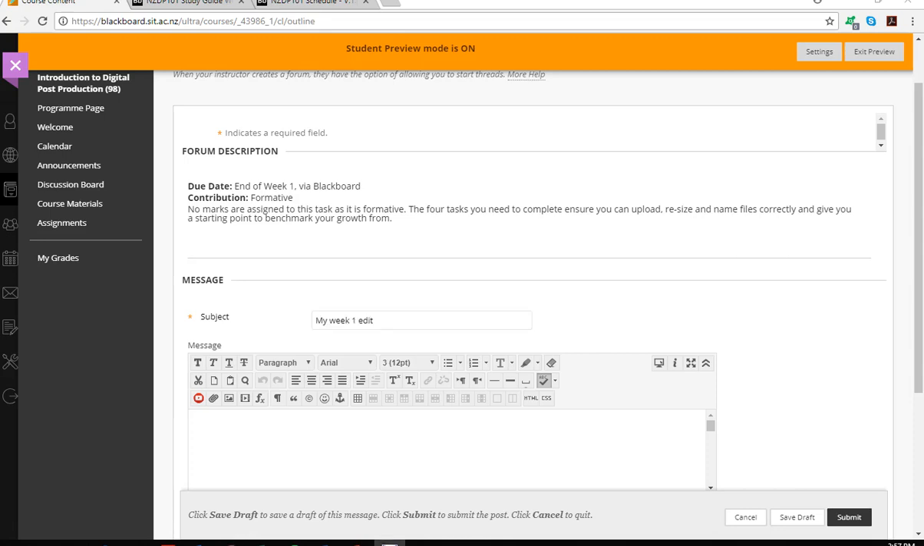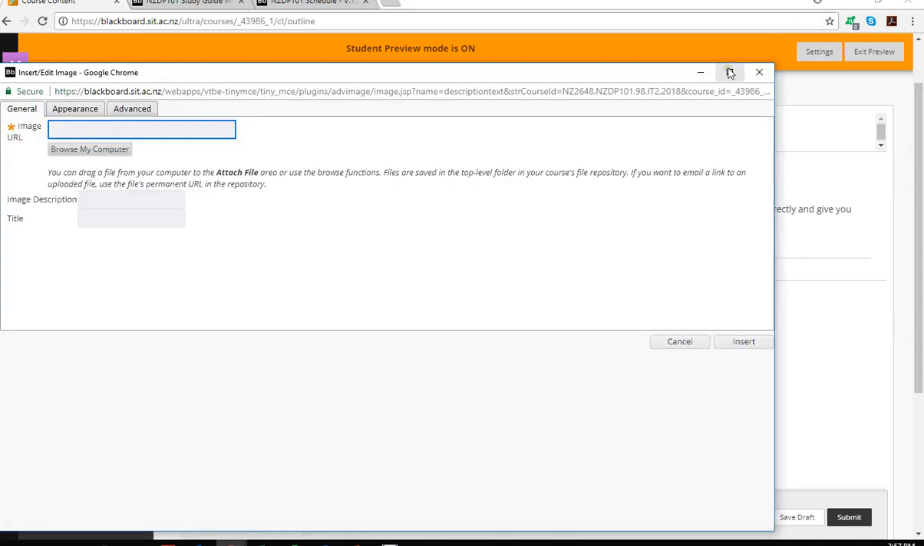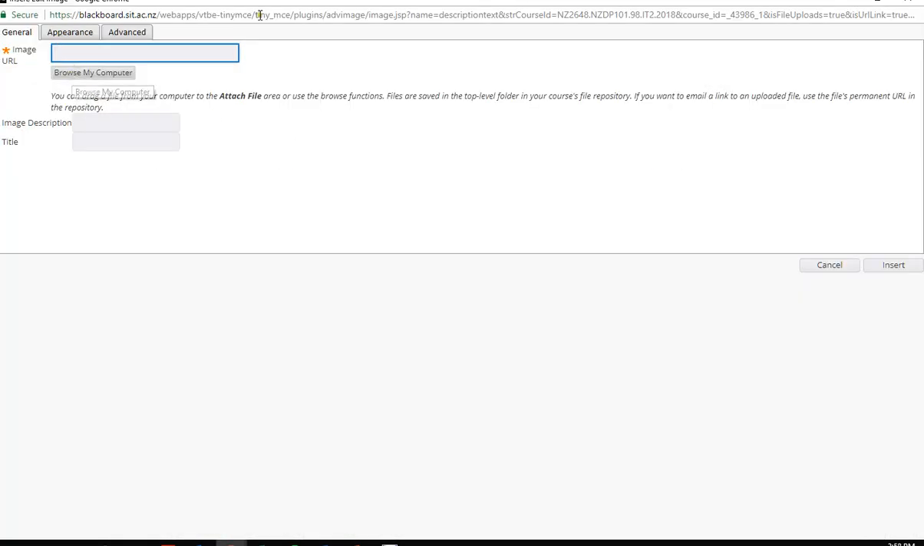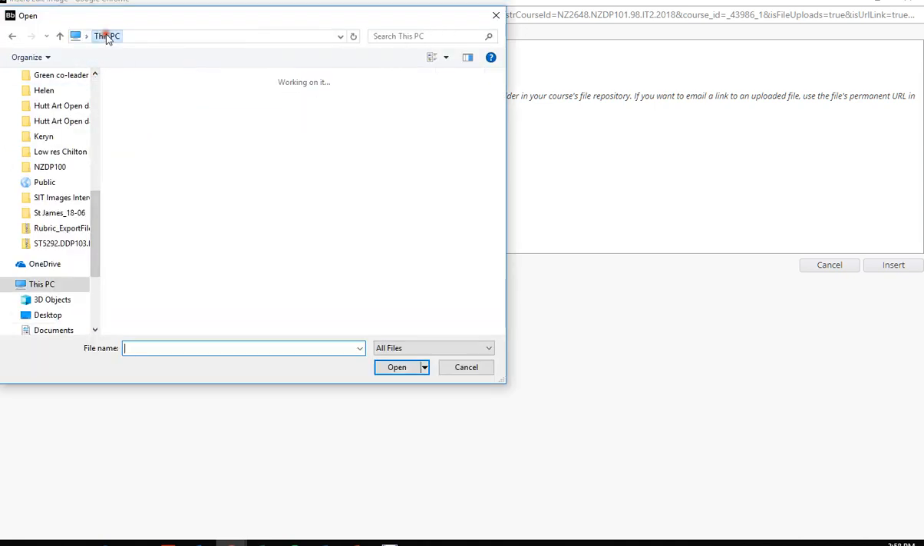So as we are in NZDP 101, which is the Photoshop paper, it's going to be my week 1 edit that you're uploading, and to insert the image so that everybody can see it, use the insert/edit image option rather than the insert file. If you insert file, people will have to actually click on the file to be able to see what's going on. So click on that icon, click on Browse My Computer, and then